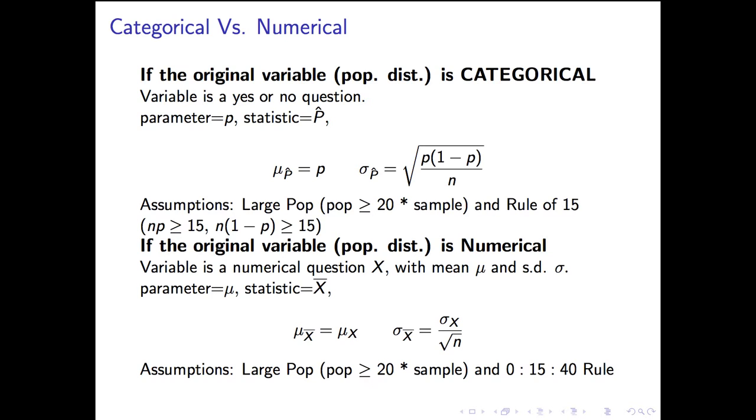On the other hand, if your population distribution is numerical, if you start with a variable, a question whose answer is a number, and it has a mean mu and a standard deviation of sigma, the parameter is the population mean, the statistic of interest is the sample mean x bar. We know that mu of x bar is mu of x. We know sigma x bar is sigma x over the square root of n. We know that x bar is normal. And our assumptions, first two are exactly the same. Simple random sample, large population. But in the numerical world, the third assumption is the 0, 15, 40